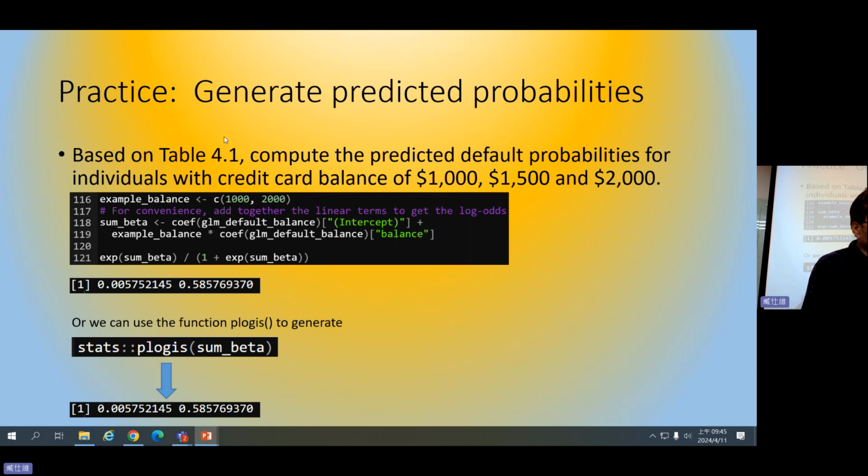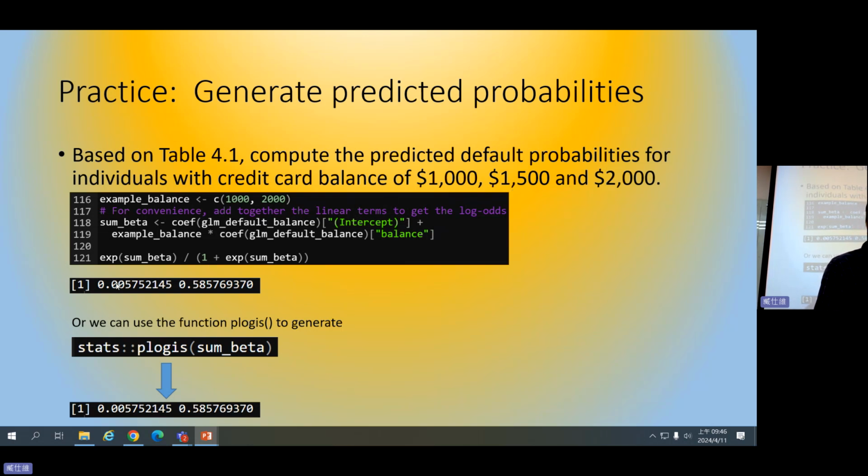If you want to transform the results into probabilities, then you can reference this example. For example, if we have different credit card balances, based on table 4.1, you can calculate the predicted default probabilities for individuals with a credit card balance of 1,500 and 2,000.